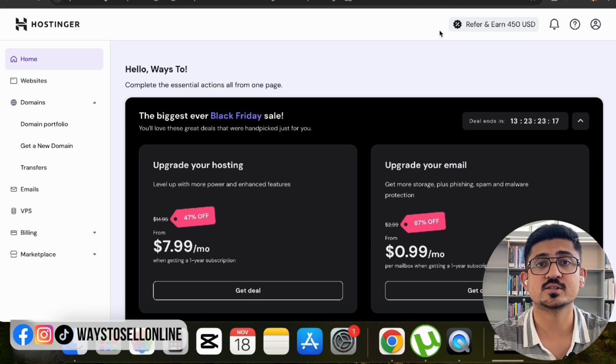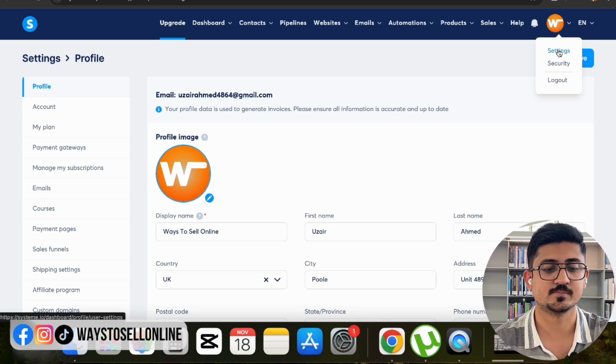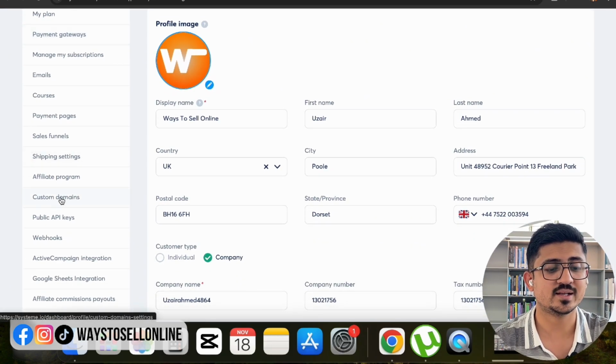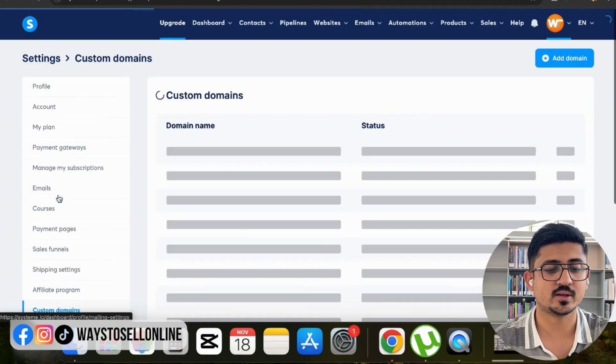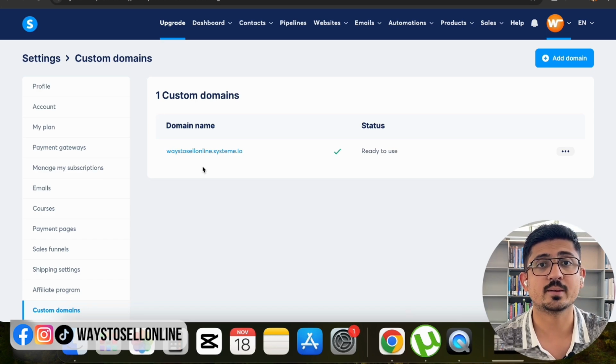So to connect your custom domain with your System.io account, you have to go to your dashboard, and from there, on the top right corner, click on this drop down menu and click on settings. From there, on the left side, scroll down and find the custom domain tab. When you click on that tab, you can see that the default domain is ways2sellonline.system.io. But now I want to connect my main domain, which is ways2sellonline.com. So in order to connect that, I have to click on add domain on the top right corner,